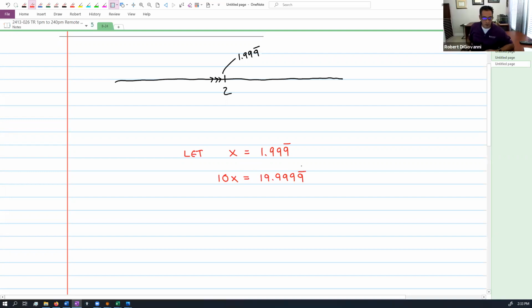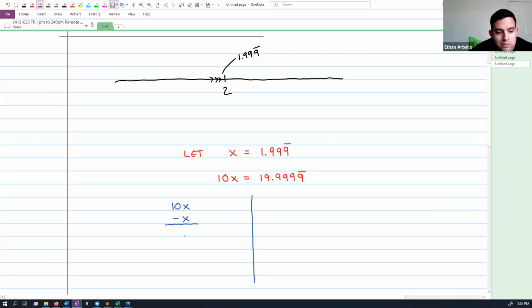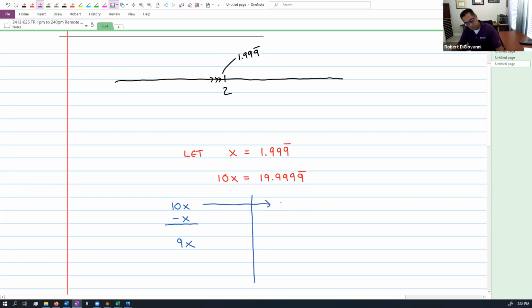Okay. Next thing I'd like for you to tell me, first of all, what is 10x take away 1x? If I were just to ask you algebraically, what is 10x take away 1x? How many x's? 9x. Okay. Now, in terms of what we just wrote down, what was 10x? 19.99 forever. Okay, so if I subtract from that x, which is what? 1.99 forever,